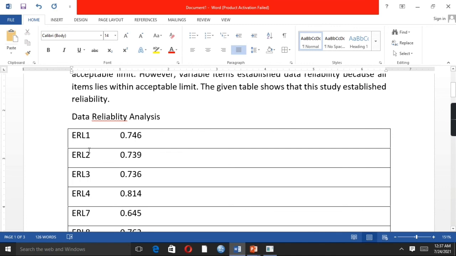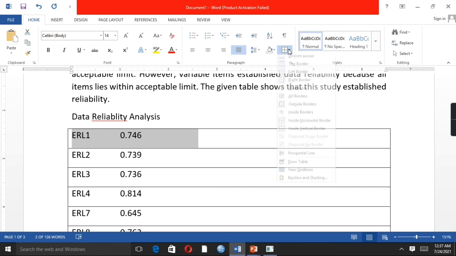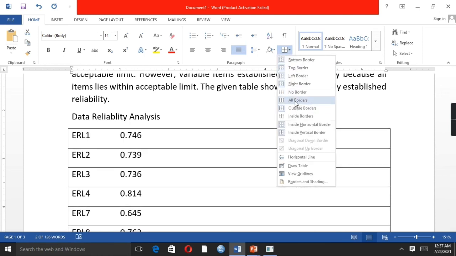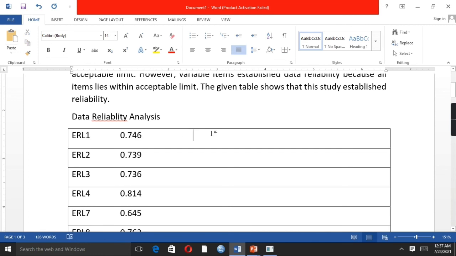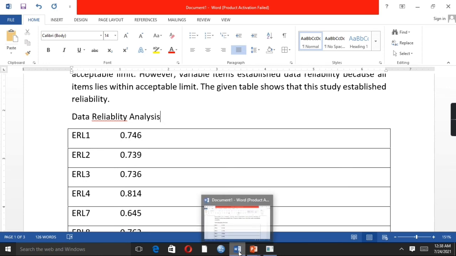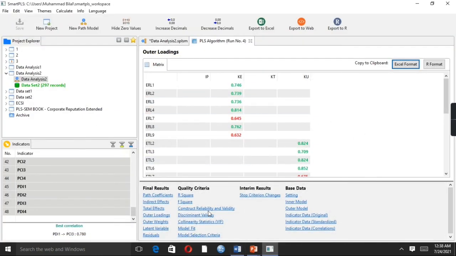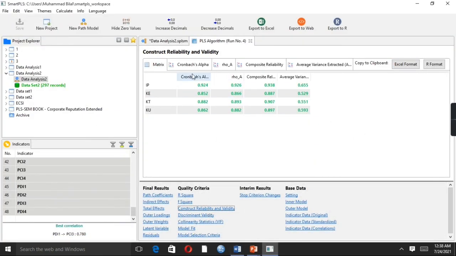We need to also put the other procedure as well. Copy these values of this table as well.